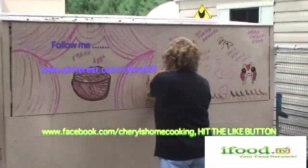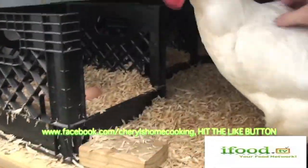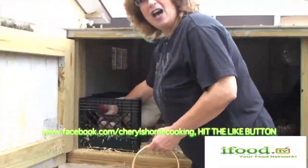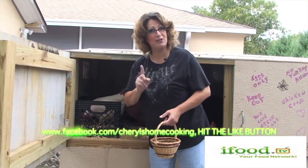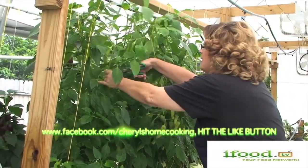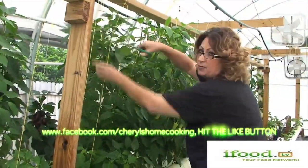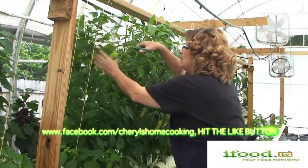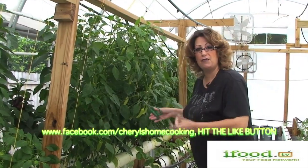Where I live in the country, I'm so lucky to be able to have an awesome hydroponic garden and loving animals that I raise. I just love my animals. They are a huge part of my family's life. Every morning I can't wait to see how many eggs I can gather up, how many vegetables and herbs I can pick. With my family's favorite recipes and my home cooking skills, I enjoy sharing what I've learned over the